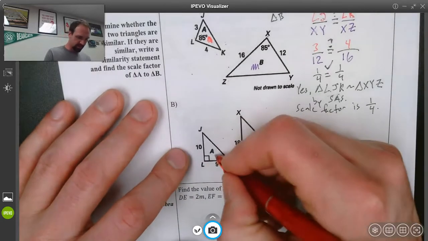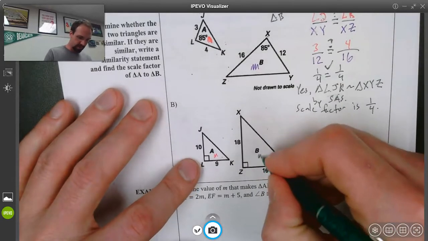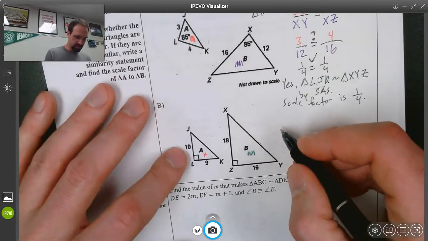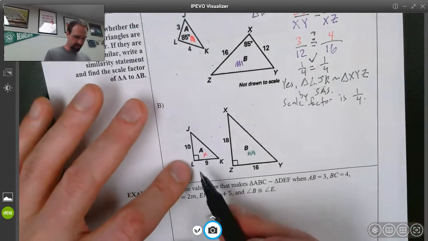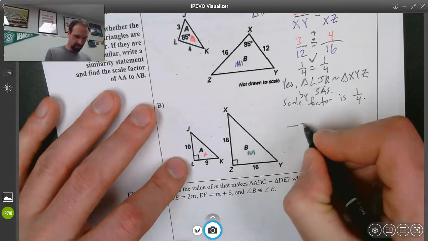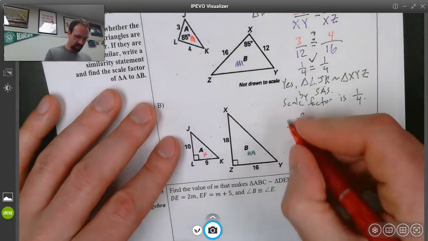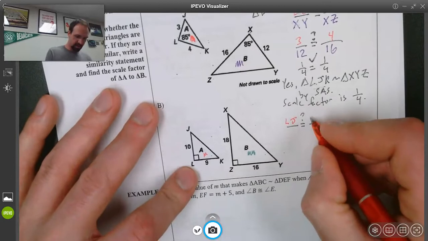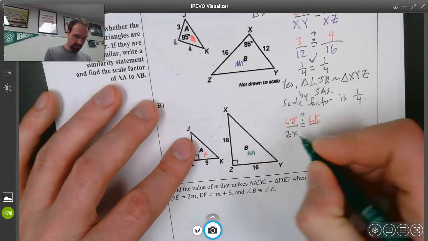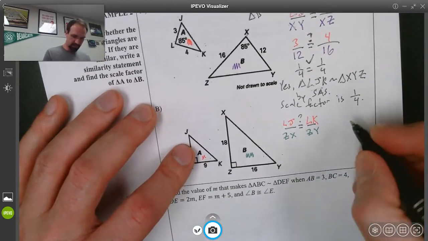So we're going to set it up just like we did with the others. I'm going to do red, and then this dark green. So we've got, let's see. So now it looks like L and Z are going to be our matching ones. So now I've got LJ here and LK here, and that's going to be with ZX and ZY. So now my values,